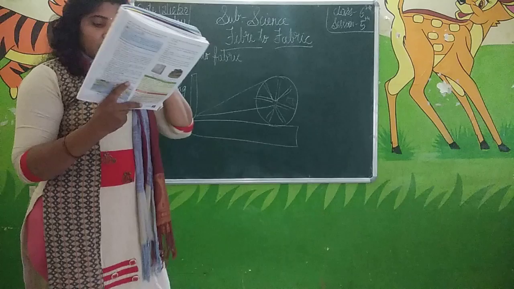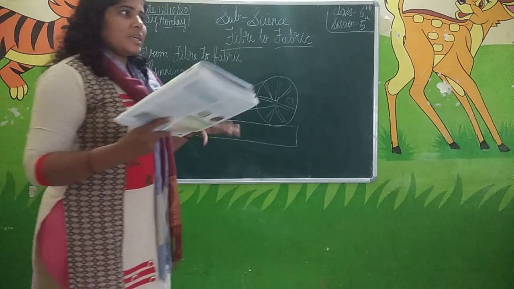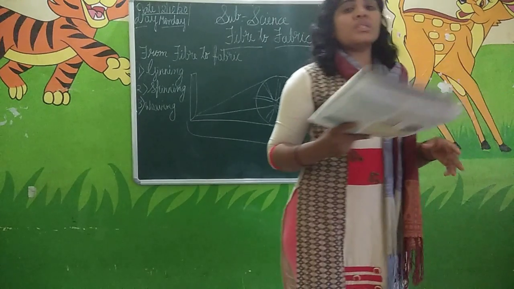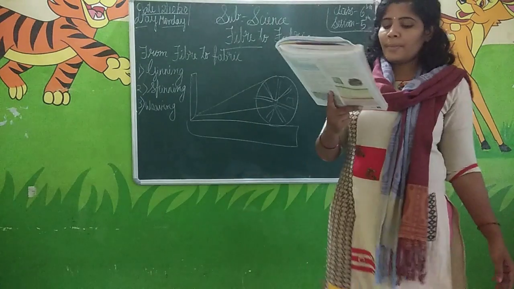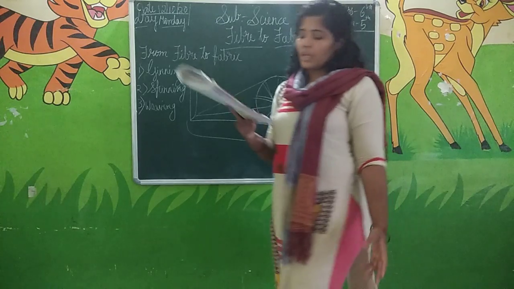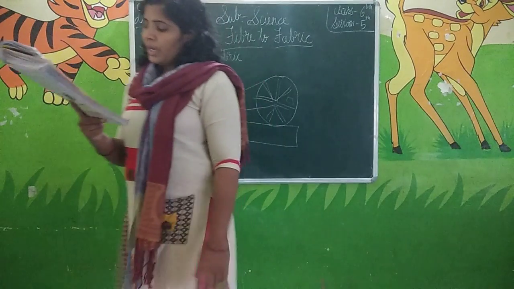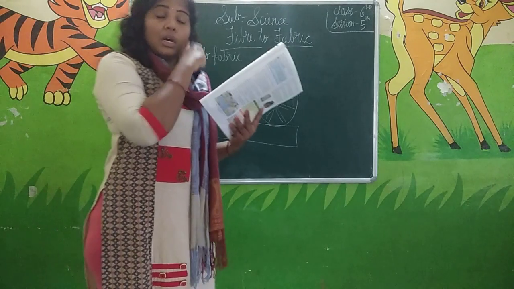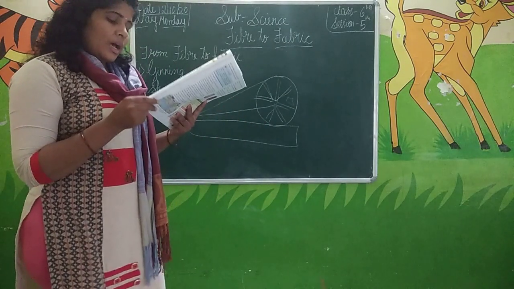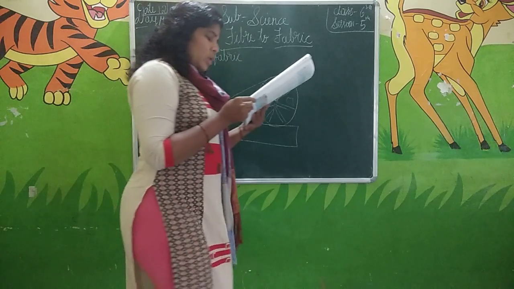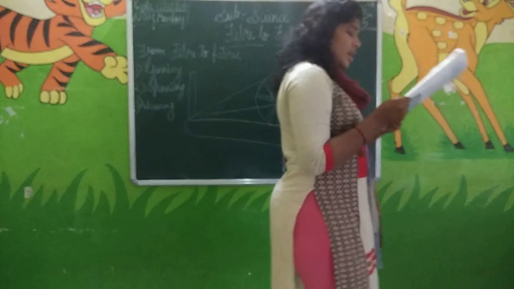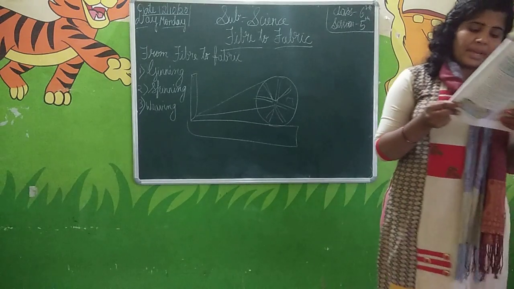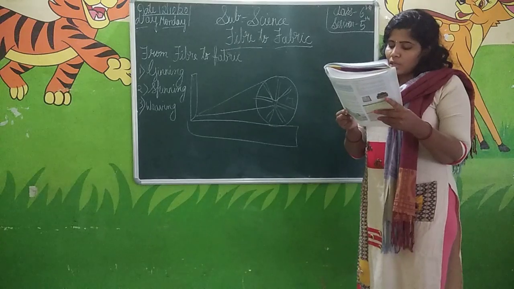Jute is biodegradable, which means it can decompose easily in the soil. It is also durable, it lasts a very long time, and it is also strong. In our country, jute is cultivated in West Bengal, Assam and Bihar, in the low-lying areas around the river Ganga and the river Brahmaputra. It needs a well-drained, fertile soil like alluvial soil.